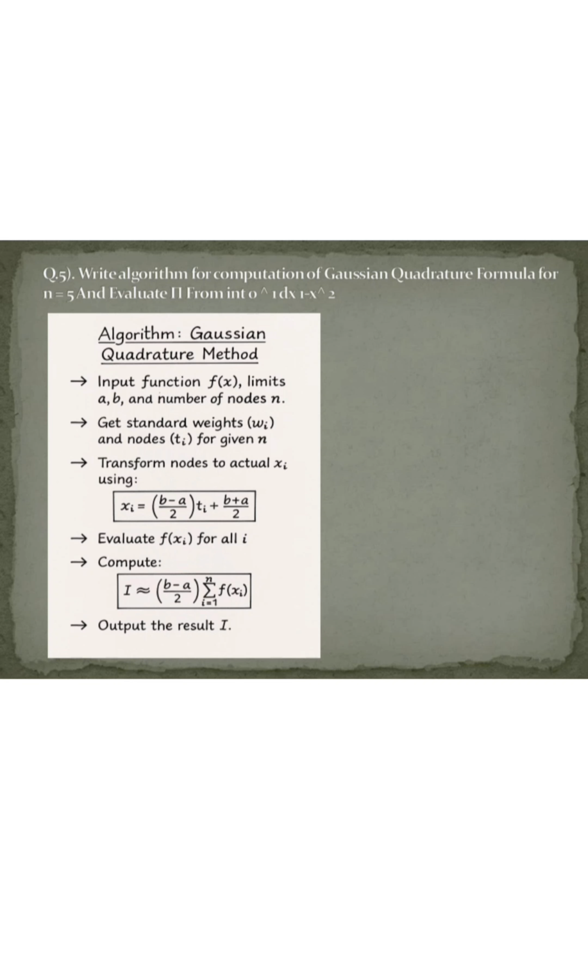Transform nodes to actual xi using xi equals (b minus a)/2 times ti plus (b plus a)/2. Evaluate f(xi) for all i. Compute I approximately (b minus a)/2